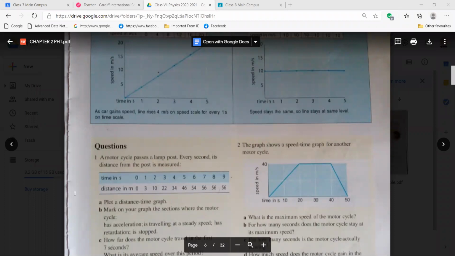The given values, you see time is given from 0 to 9 and distance is given from 0 to 56. So in your graph paper you should plot these points in a way so that maximum part of your graph paper is covered. Is it clear? The graph paper you are having, whatever the graph paper it is, you should